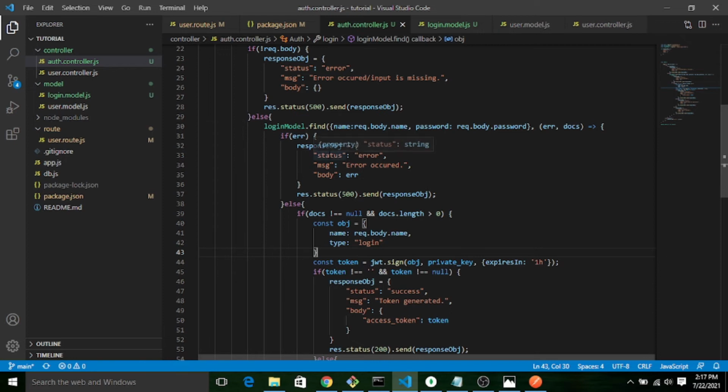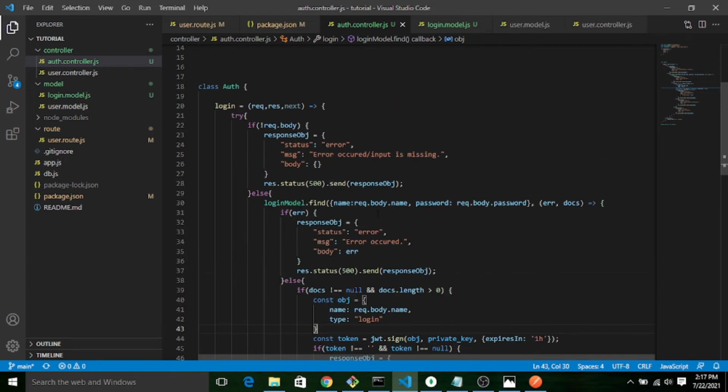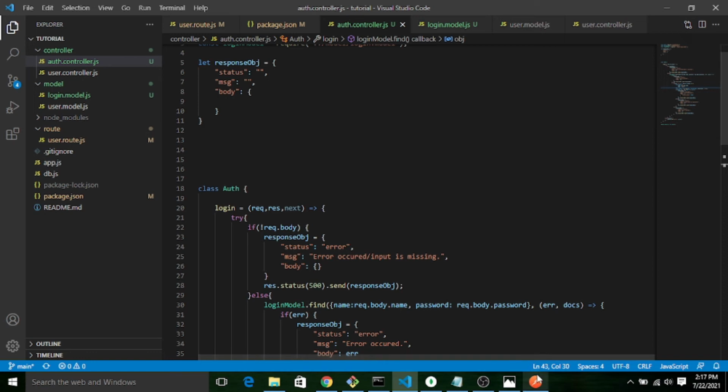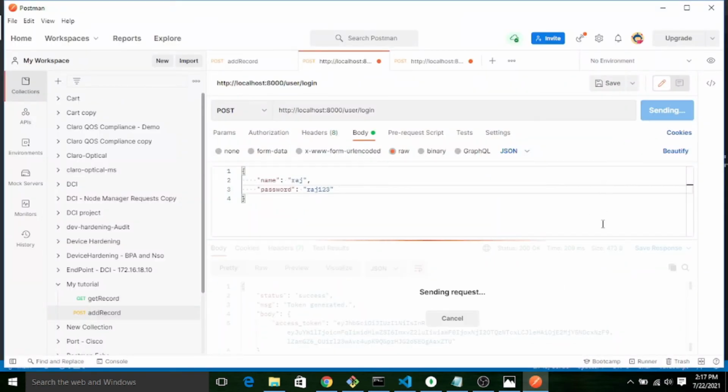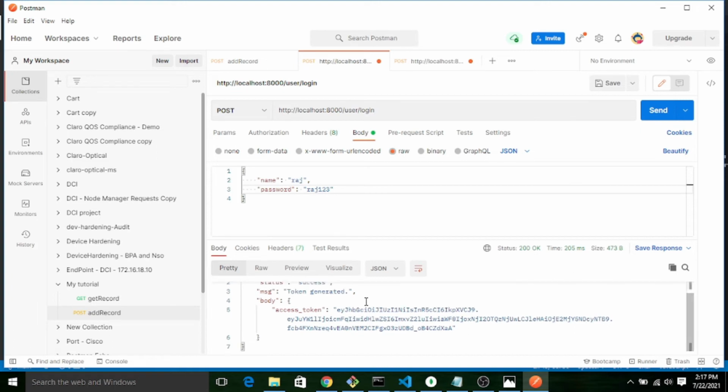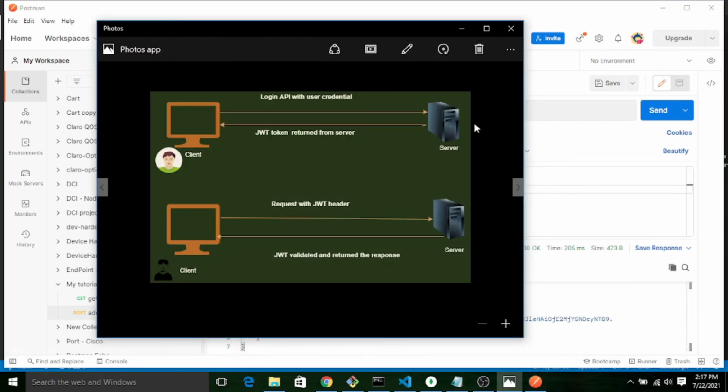So let's test this login API and generate the token. Here I have removed the algorithm part because it is inbuilt. So let me remove it. I have removed it, and now I have only put the expiration time. Okay, that is one. So let's test this login API from Postman and generate the token. Now you can see my access token has been generated.